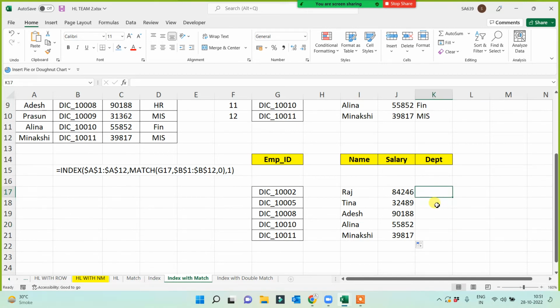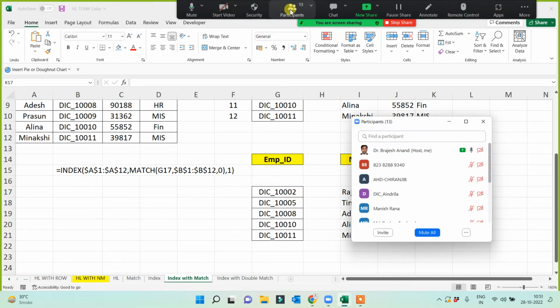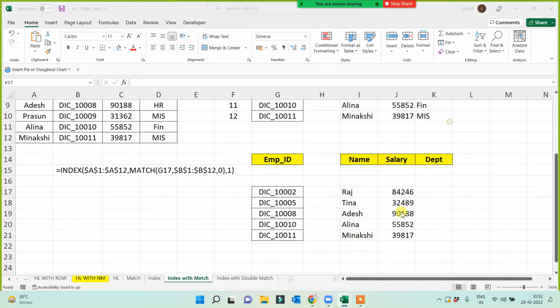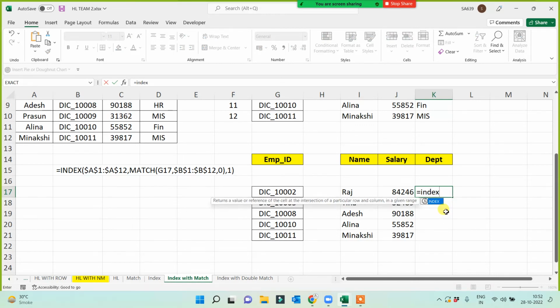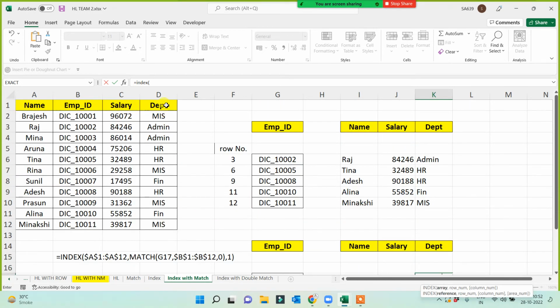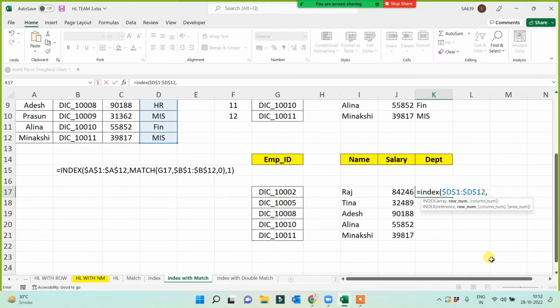Anyone can try for INDEX with MATCH together. This is an open question for all. Anyone. Equals to INDEX, select department. Select department, exactly. Great. Press F4. Okay, MATCH. Select the match for